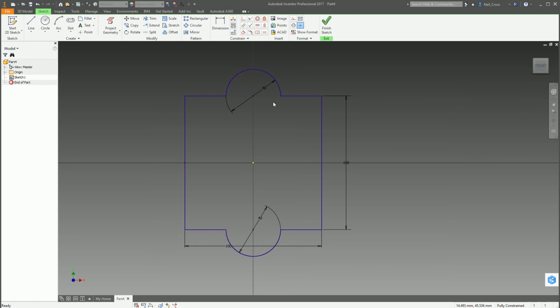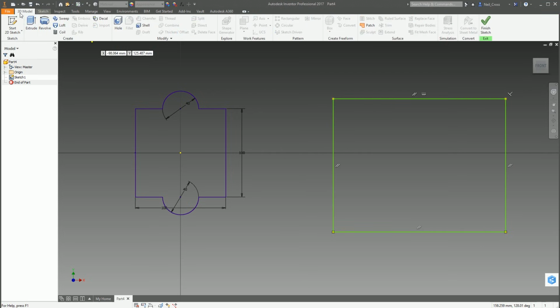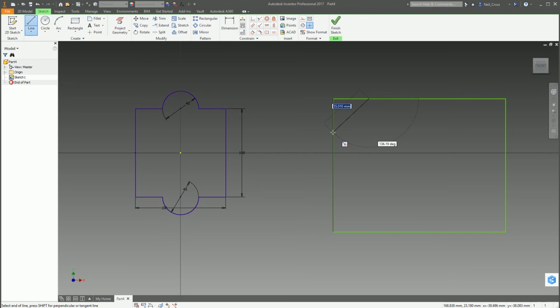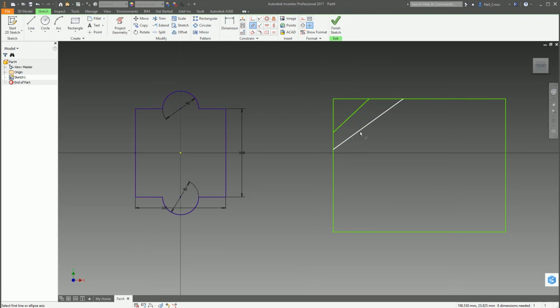You would typically tend to have maybe, I don't know, some kind of shape. So it would have a profile, which is something like this, and you might have a chamfered edge on one side of it, and you're creating a feature inside that plate which needs to be in line with the chamfered edge. So you might be drawing another feature over here somewhere, and that needs to be in line with the edge of a 3D model, the edge of a sheet metal cut, anything like that. It could be anything, but it's always when you want something to be parallel with something else, click the two lines and they will always now be parallel. Okay, so that's a parallel constraint.